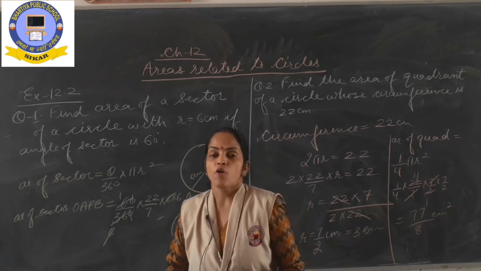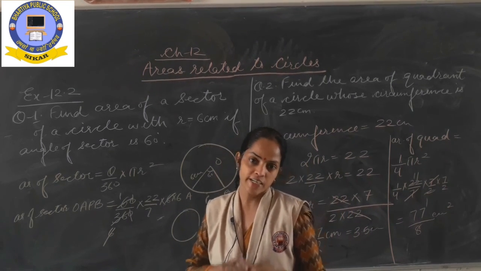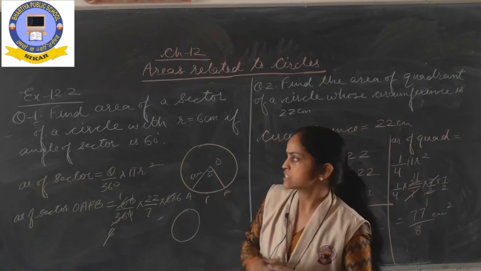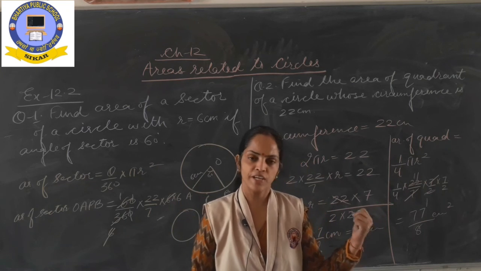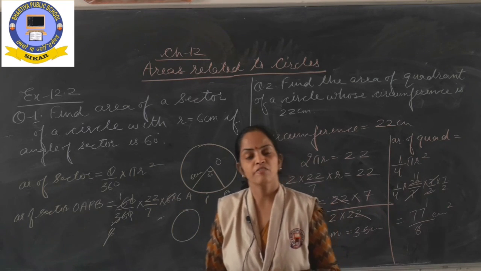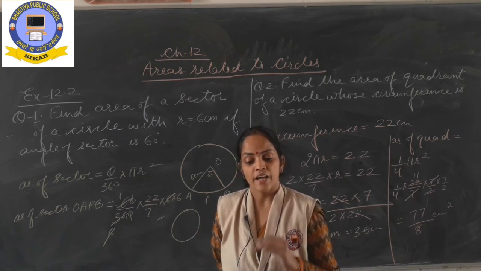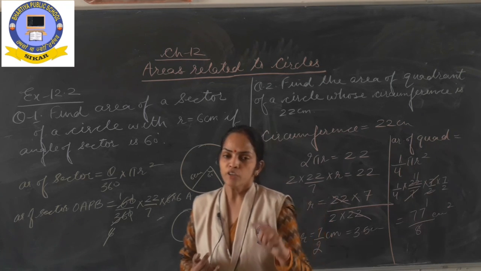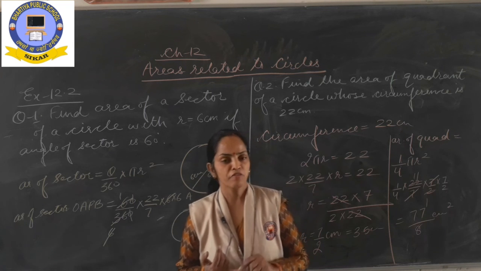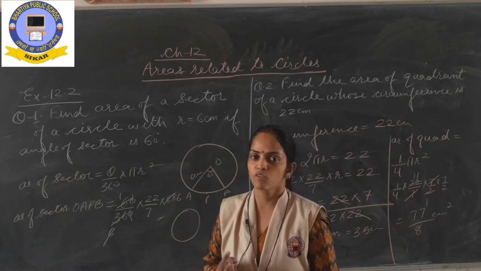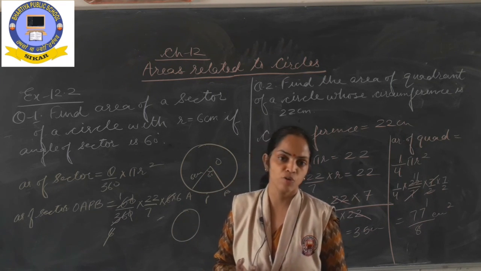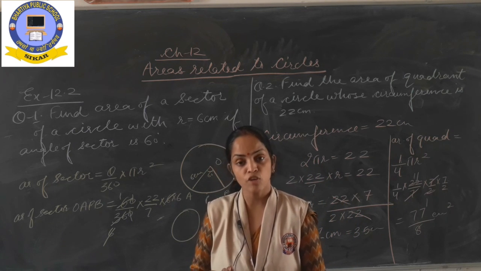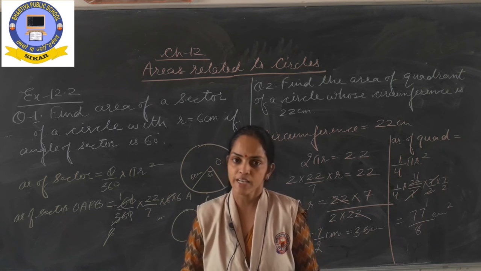Now with the help of the concept which we have studied, you have to try exercise 12.2 yourself. Exercise 12.2 first and second question we discussed today. Question number 3 we will be discussing in our next class, and except question number 3, you can solve all the rest yourself. So your today's homework is to try question number 4th, 5th and 6th yourself. Only these 3 questions you have to try yourself, because all these 3 questions are totally based on length of arc formula, area of sector, area of segment formula.